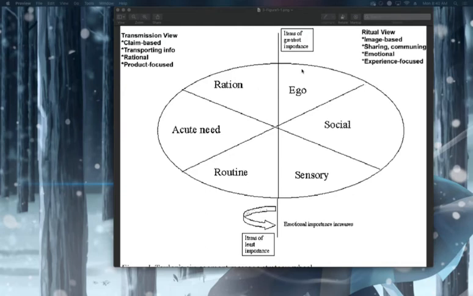So take, for example, the Mac versus PC argument. It's still going on, and people in our office still talk about which ones they use. This is an ego product. The whole campaign that they used, and it was brilliant of what Mac did, was, hi, I'm a Mac and I'm a PC. If y'all have ever seen those commercials, they're really smartly done when it comes to ego, because it says, I am this particular brand, and these are the features that I use. And therefore, I have this as a status symbol for me,